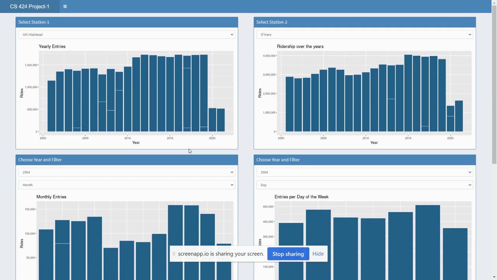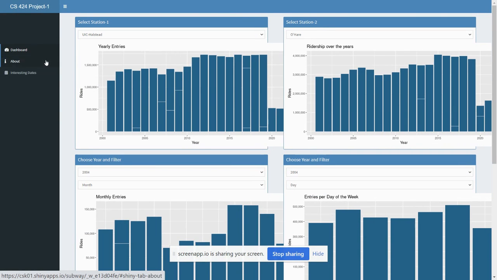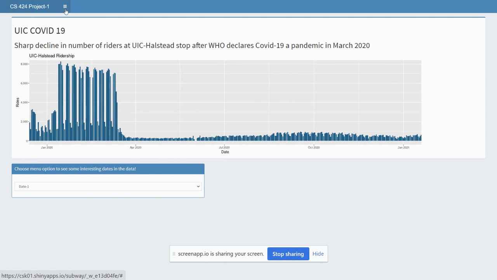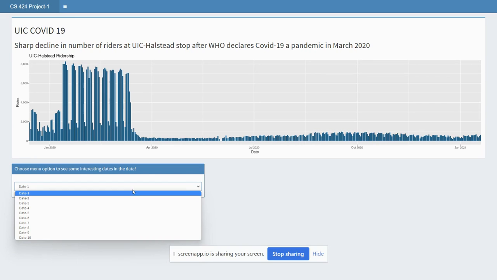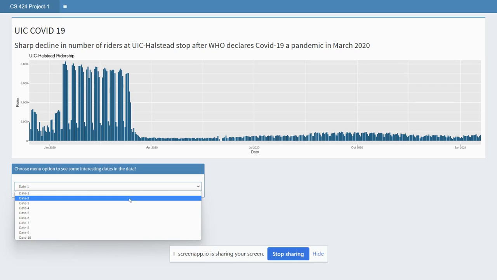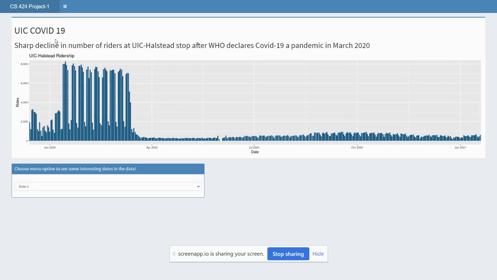And the second part of the project is the interesting data section. Here we have a list of some interesting trends which were standing out in the data. And the first one is the biggest one. It shows the sharp decline in the number of riders at the UIC stop after COVID was declared a pandemic in March 2020. You can see it's steeply reduced,